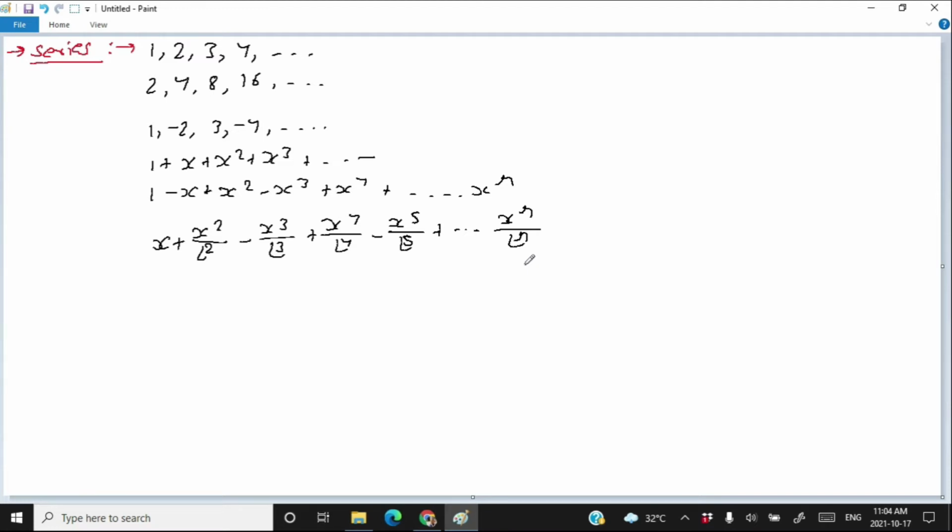What we can do in Python, either we can print this series directly or we can calculate the summation of the series. That means either we can print all the elements, all the terms of a series directly, or we can add all the terms in the series together to calculate the final summation. And we are going to write a Python program for these operations. So let's start.